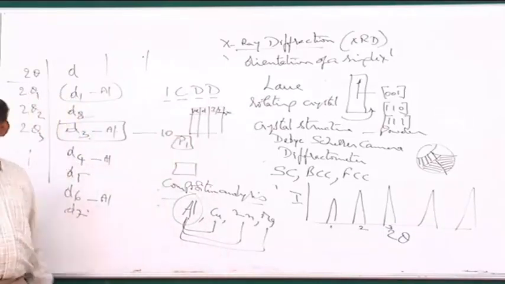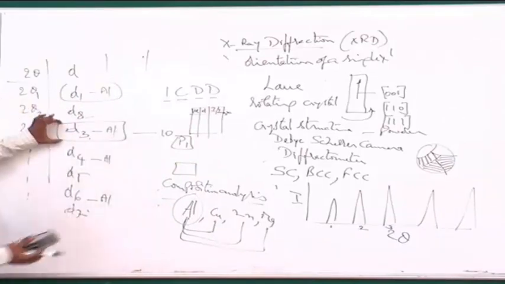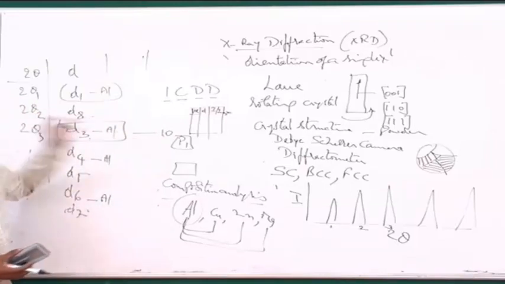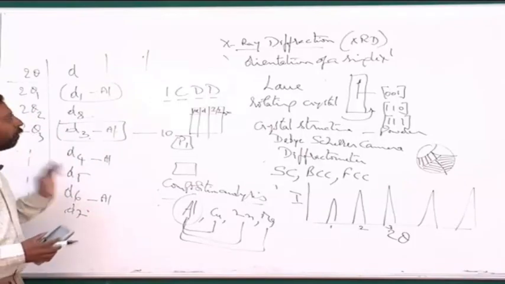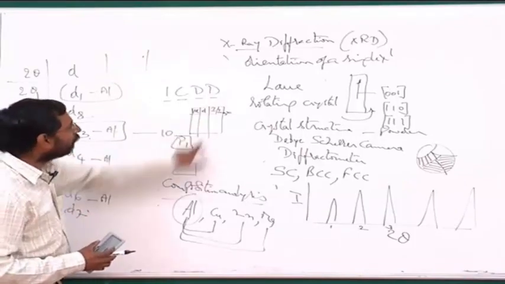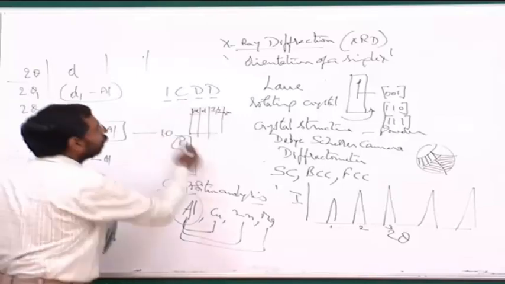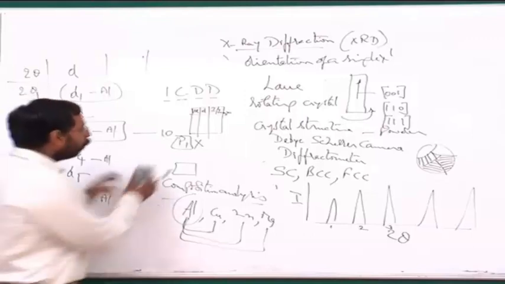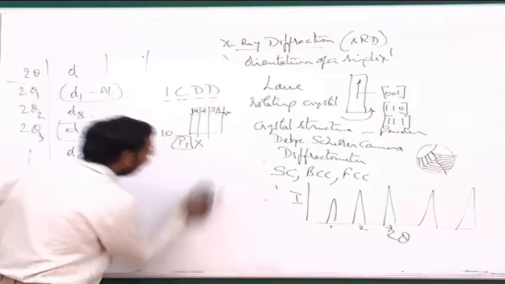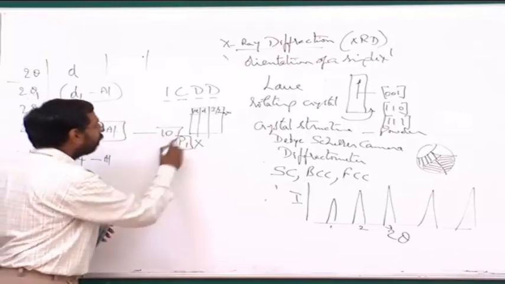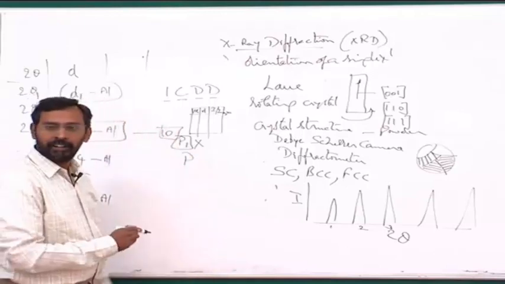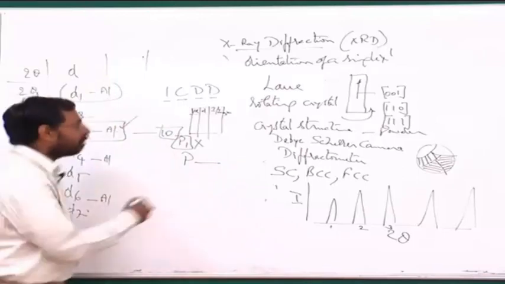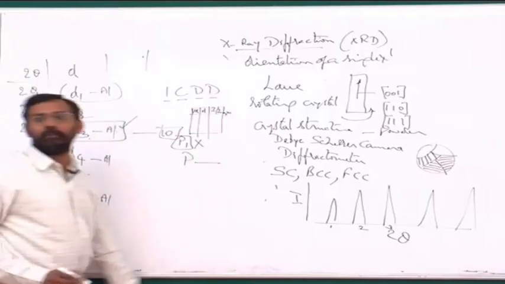And look at whether for this phase 1, this peak is the most intense peak. Sometimes it may not be. But in my alloy, this is the most intense peak. So that means that particular phase should be the most predominant phase in my alloy, in principle. So I will search whether this is the most intense peak in phase 1. If no, then I say no first. Then go to phase 2, phase 3, phase 4. Like that, if I keep on comparing with all the 10 phases, I will find that some particular phase will have its most intense peak matching with this most intense peak. Then I say, yes, possibly this is the phase that I am looking for.